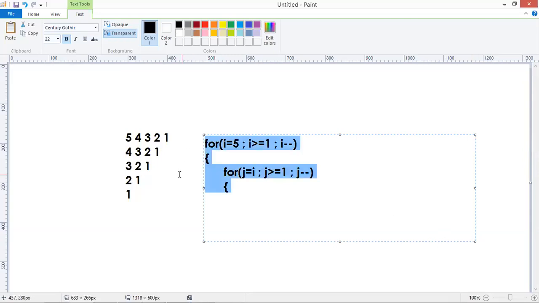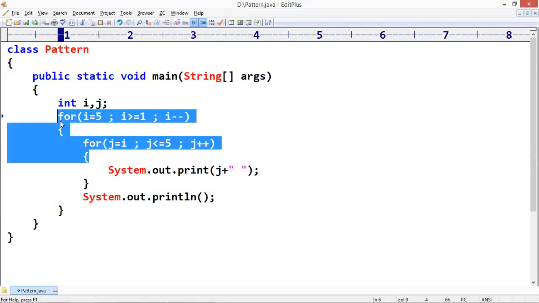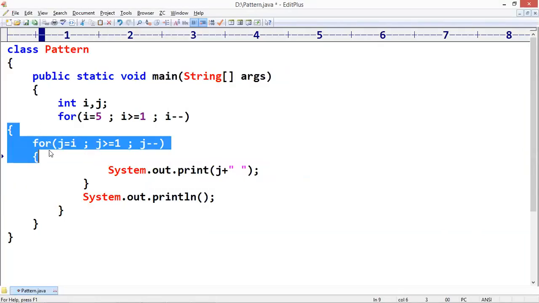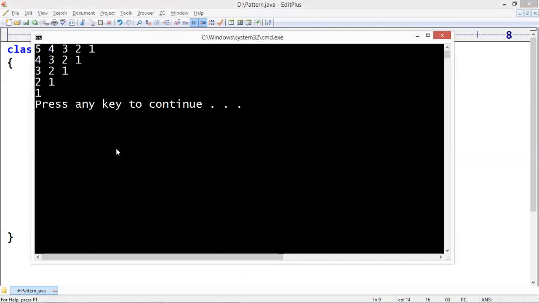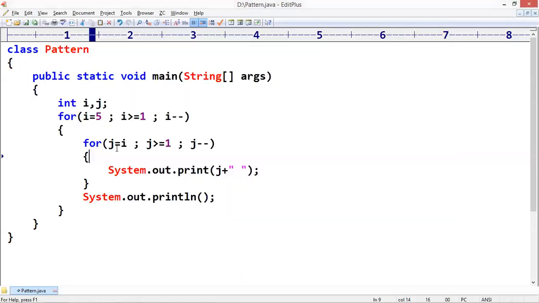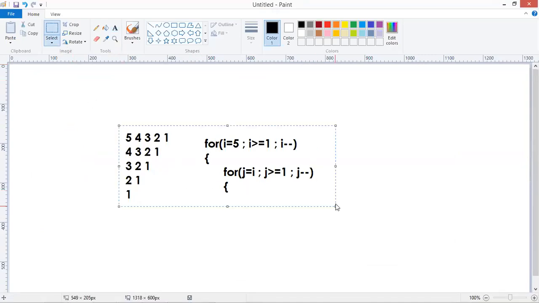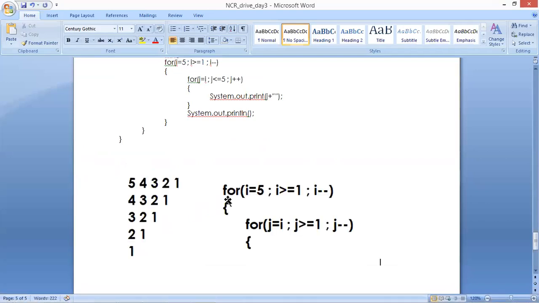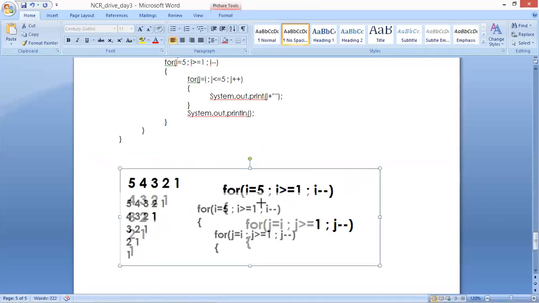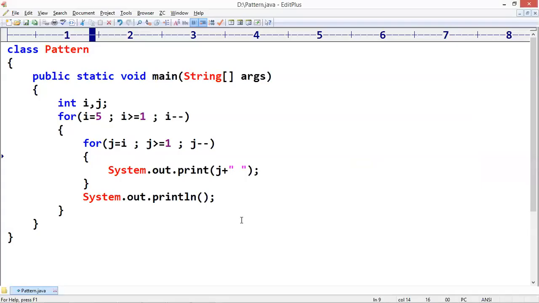If you write the same code here, you will get the output for this code. This is the output. So based on the output only, we can easily write the pattern code by using two loops.